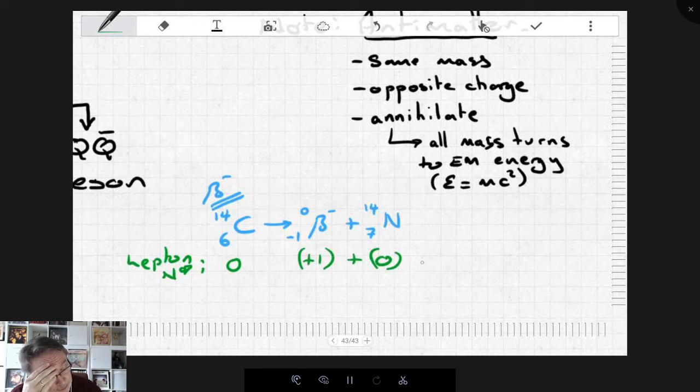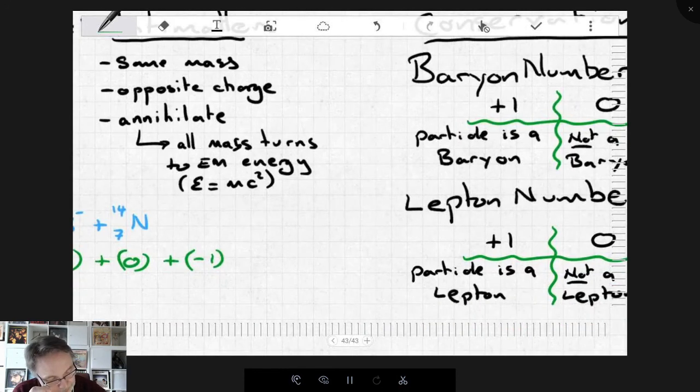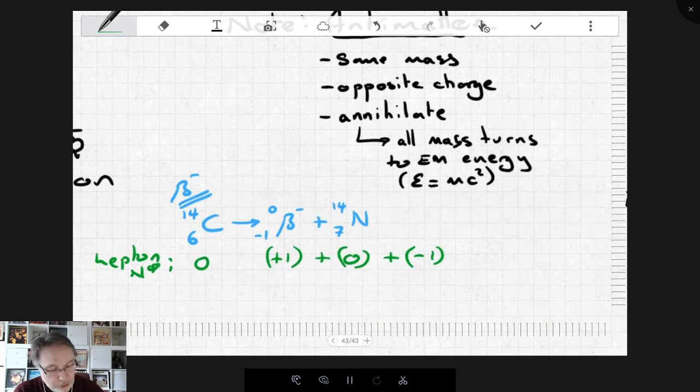So in order to make this work, I have to add a -1. I need another lepton, but it needs to be an anti-lepton because of the minus. And it cannot mess up the baryon number, the top number, and that's fine because it's going to be a lepton. And it must not muck up the charge number. So that only gives me 3 options: the neutrinos. And since it's an electron as part of this process, it will be the electron neutrino that's produced. But it has to be an anti-electron neutrino so that I get a lepton number of -1.